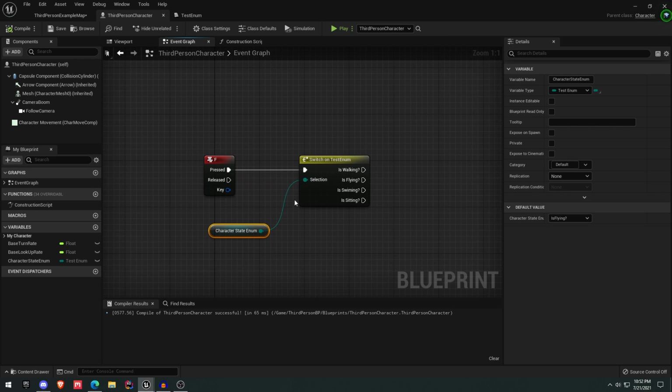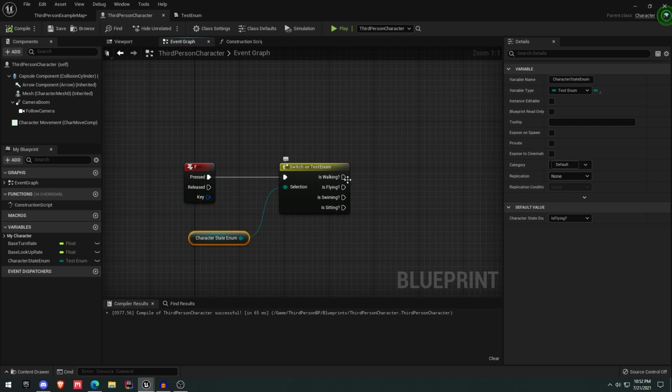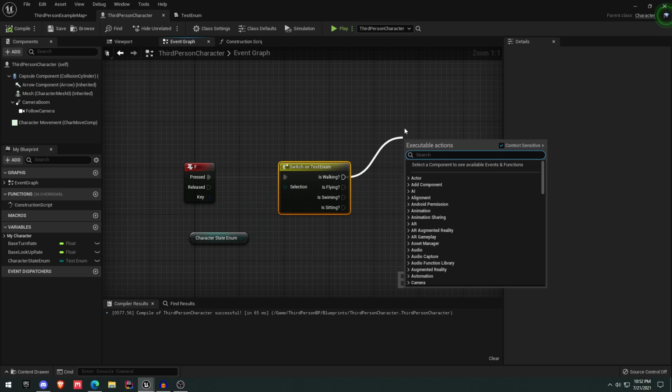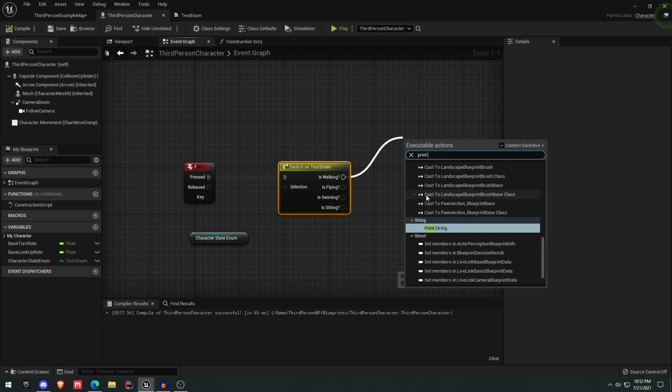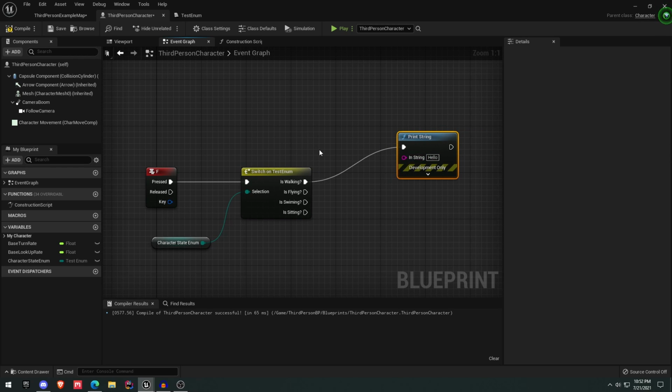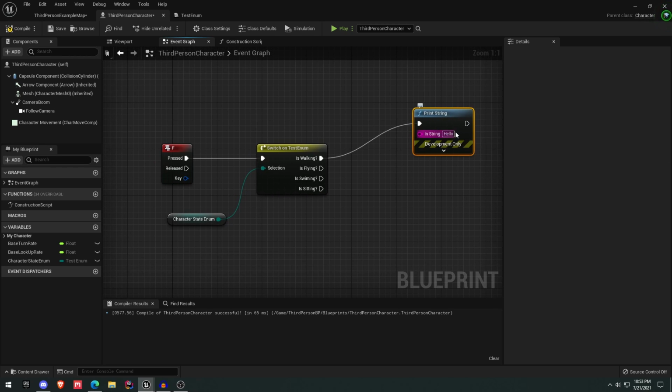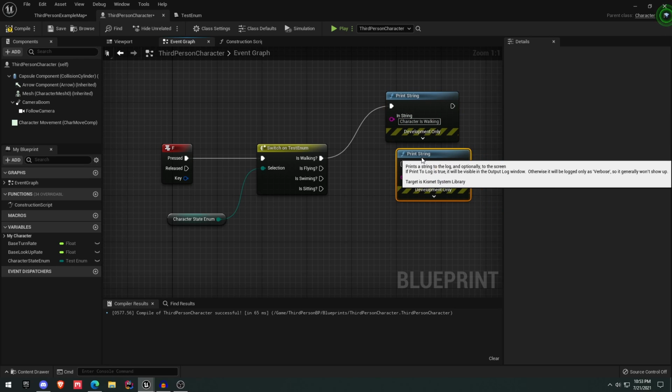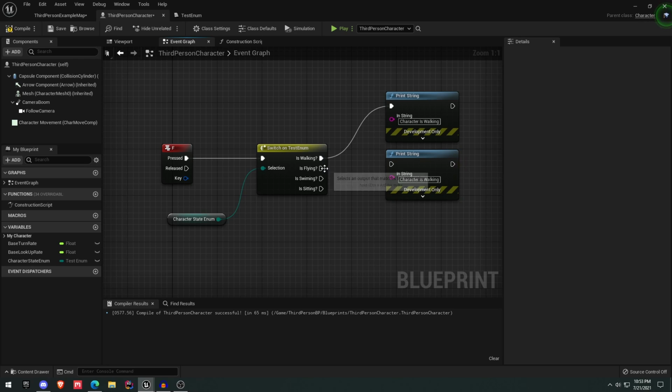So let's go ahead and test this out. So is walking, what we can do is hook up a print string. So remember, this is where we can print stuff to our screen so we can quickly debug and know what's going on. So what we want to put in for here is character is walking. Okay, and we'll go ahead and copy and paste this, Control C, Control V, and hook up this to is flying and change this to character is